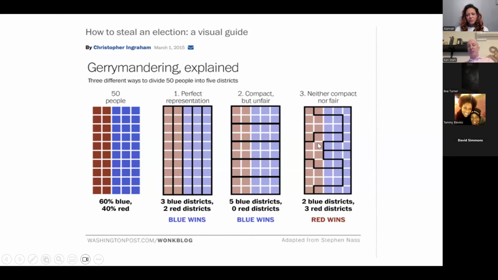So the red voters are being spread out among the districts, and the blue are being packed as tightly as possible. So that's the strategy: to pack the Democratic voters, in the case of Texas, into districts where the Democrats get 80 or 90% of the vote, which is actually relatively easy to do because Democratic voters tend to be very highly concentrated in urban areas. And then take the Republican voters, who tend to be less heavily concentrated, and spread them out some more. That would be the way to do that.